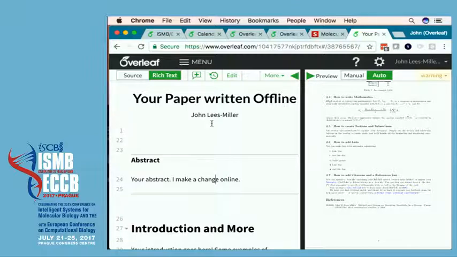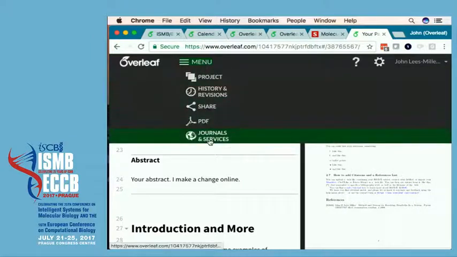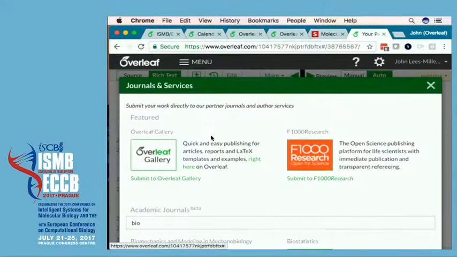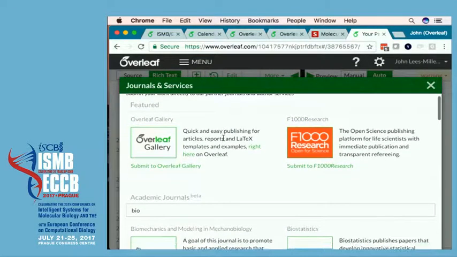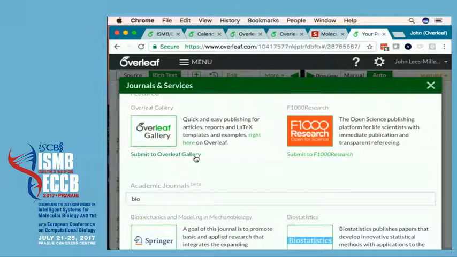For example, when you're at a conference or on a train or plane or whatever. Finally, if you have written your paper on Overleaf, there's also the Journals and Services menu. So one of the things you can do is you can submit your paper to the Overleaf gallery. You can submit it, just treat it like a preprint server, but most people who submit things to the gallery